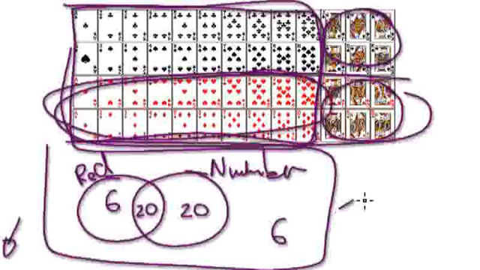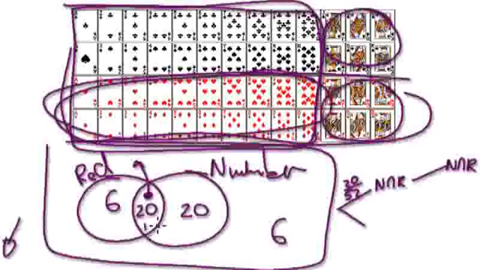Now jump to the tree diagram. You basically want two cards coming from this segment here. So you want the probability of getting a number and red, and that would be 20 over 52. And you want another number and red. If you just picked out one card from this population, there would be 19 left. So the second time around, the probability of getting another number and red from this segment